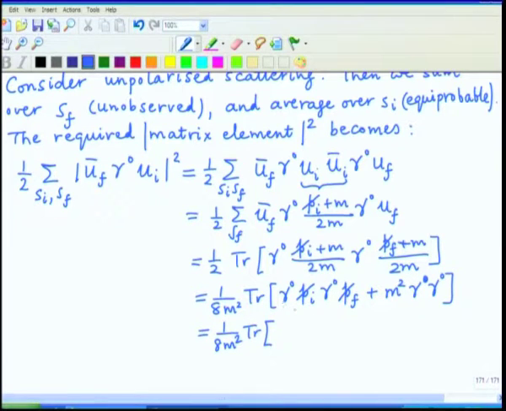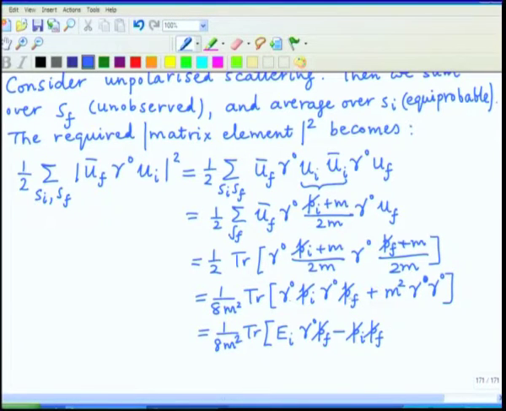You have to take a dot product of successive terms. So, the first one is a dot product of gamma 0 with p_i slash. So, that produces a term which is E_i, and then the remaining part remains gamma 0 p_f slash. Then the next term appears with a negative sign with a dot product of gamma 0, which happens to be 1, and then it is p_i slash p_f slash,